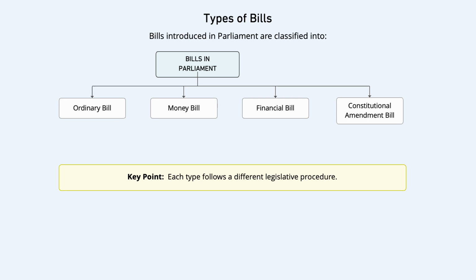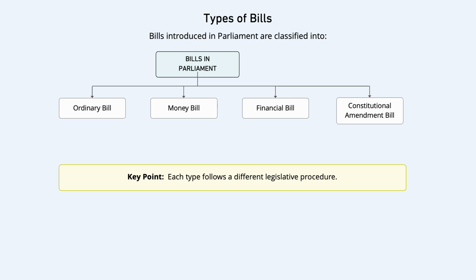But ordinary bill, financial bill, and constitutional amendment bill, the rest of the three bills can be introduced in both the houses. Okay, but ordinary bill and financial bill have different rules. They have very similar rules, whereas constitutional amendment bill is strictly separate. It's mentioned in Article 368 of the Indian Constitution. Constitutional amendment bill is a bill that intends to change the Constitution of India,